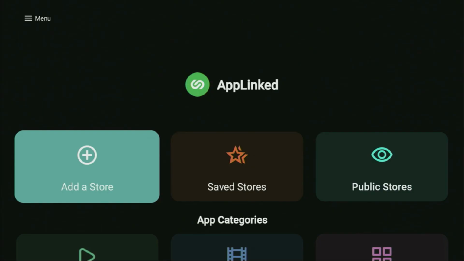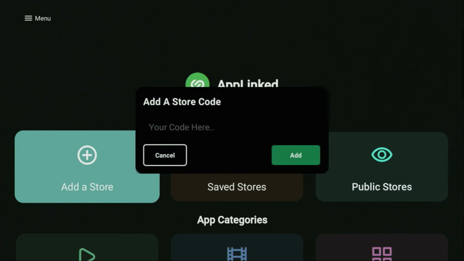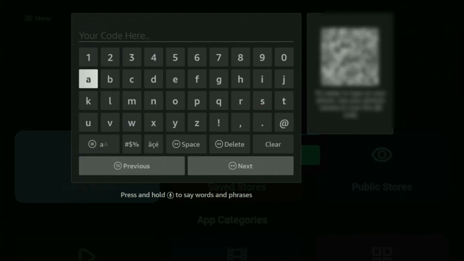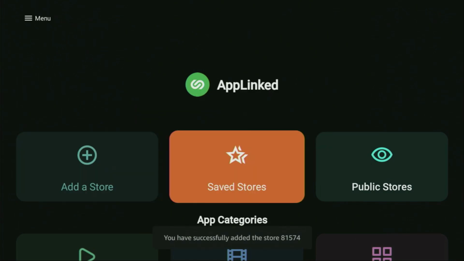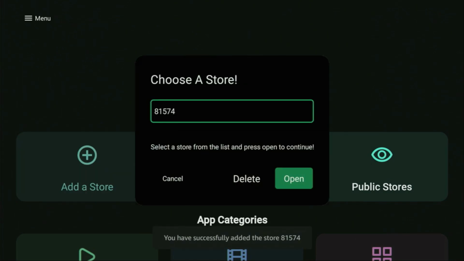Then let's open App Linked. Here we'll have to click on the Add a Store button, and there we'll be entering the codes. So the first code is going to be 81574. So once again, it's 81574, and then we have to click on Next. Click on Add right here. Now we save the code, so we go to Saved Stores, select that code from the list, and click on